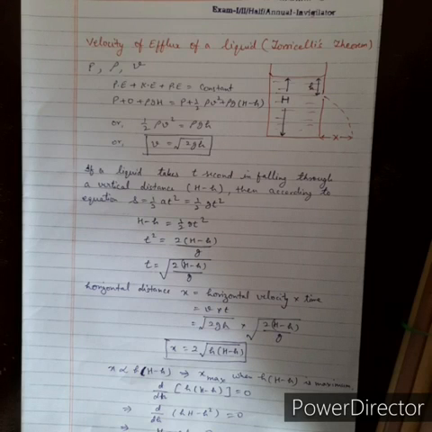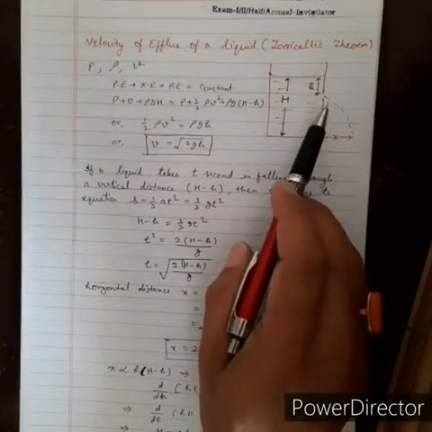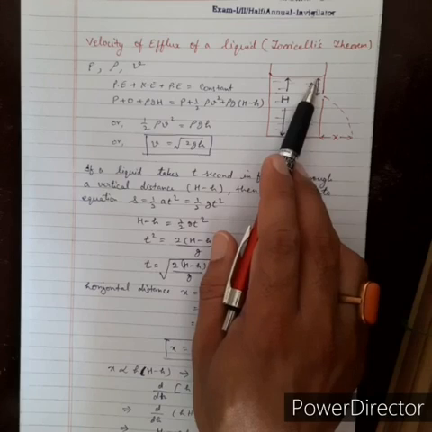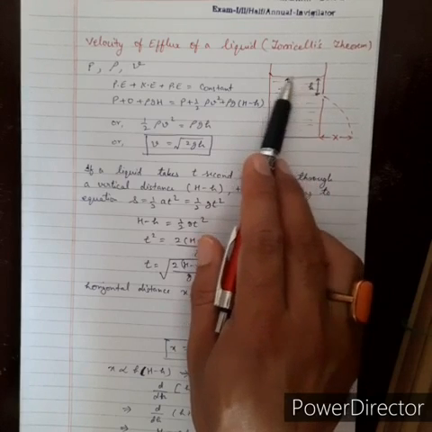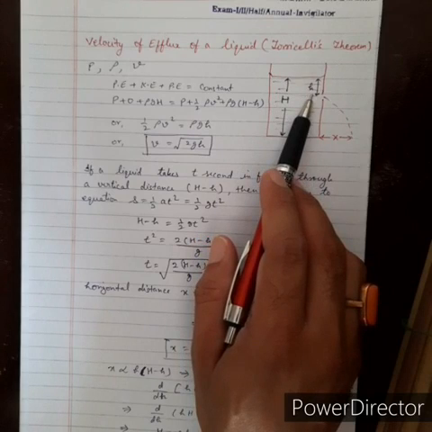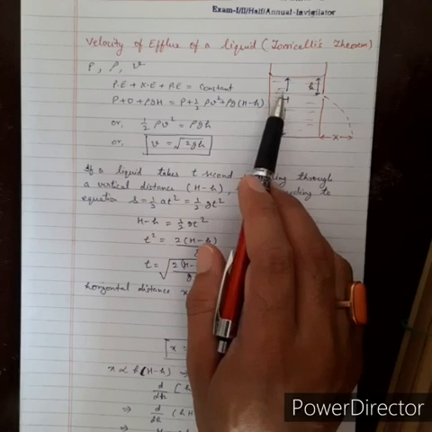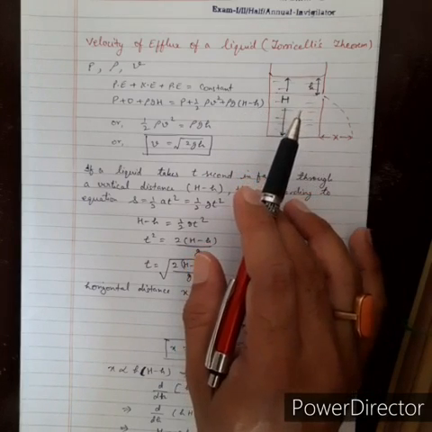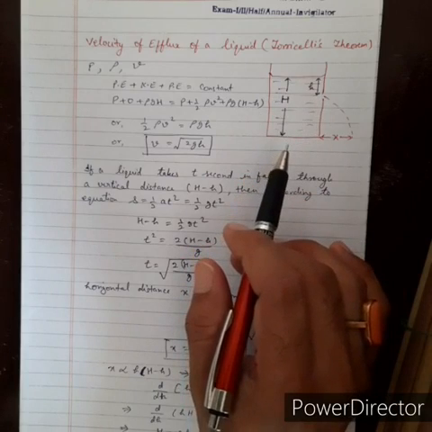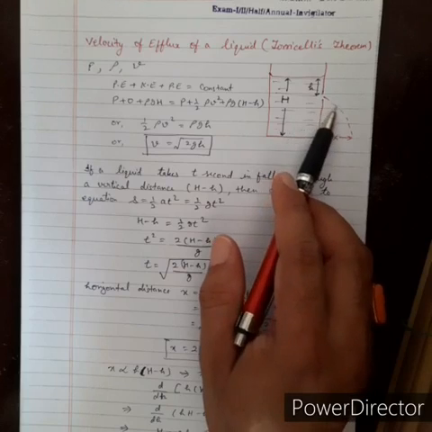In this proof, there are 2-3 steps where you can prove Torricelli's theorem. I am using one vessel, and the liquid is filled up to the height h, and there is one orifice at a depth of h below the free surface of the liquid. Okay, so the orifice is here, at a depth of h from the free surface. The pressure at the free surface of the liquid and also at the orifice is atmospheric pressure. So there will be no effect of the atmospheric pressure on the flow of the liquid from the orifice.